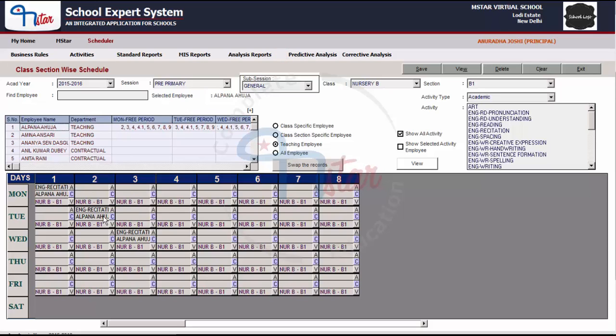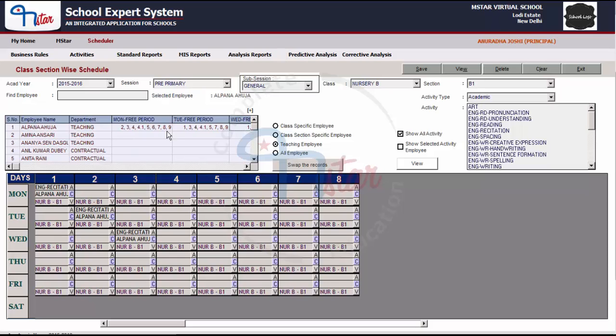Similarly, she is also assigned Tuesday second period. So again, in the row of the employee, in the Tuesday free period column, it is not showing the second period against the employee name. This way, we can come to know which employee is free in which period and which day.